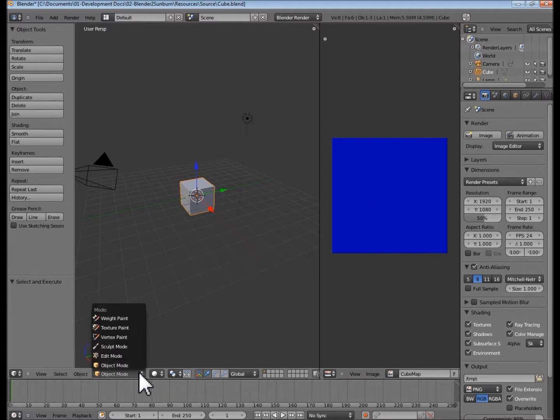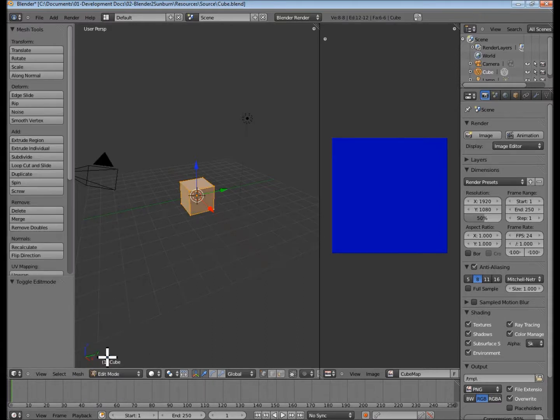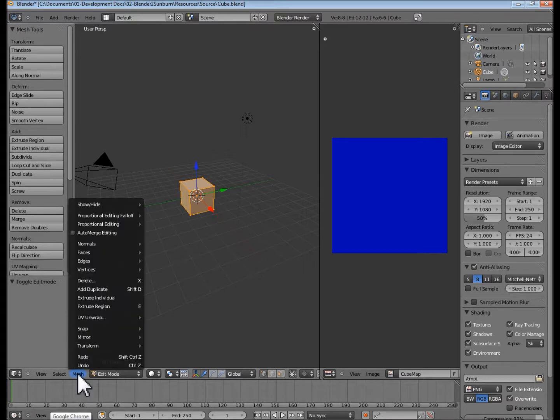Now, first thing we're going to do is create our first UV map. So we have to switch to edit mode, and make sure all of the object we want to map is selected. I could have several models in this scene, but I'm just doing one at a time. So I'm going to Mesh,